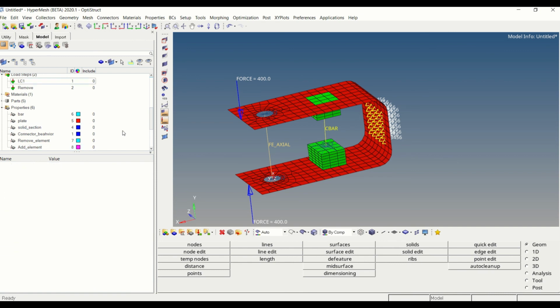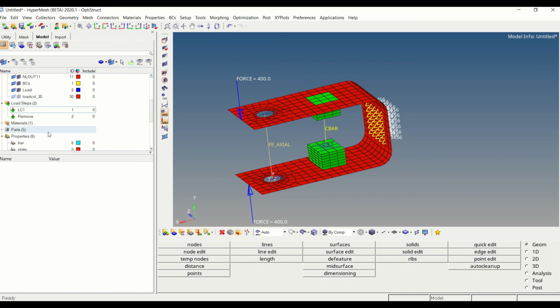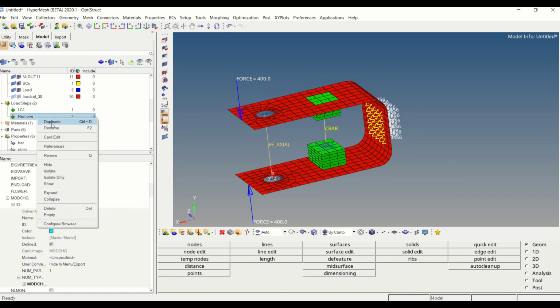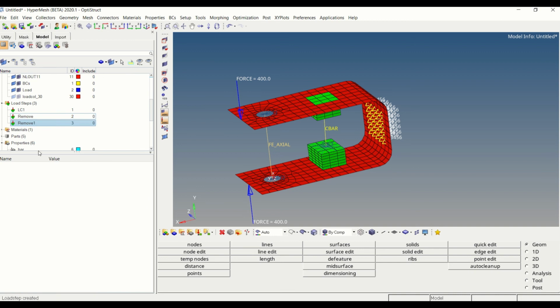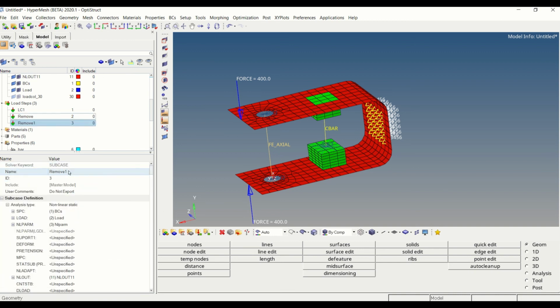Now again we have to create one load step. So I am just duplicating the previous load step.